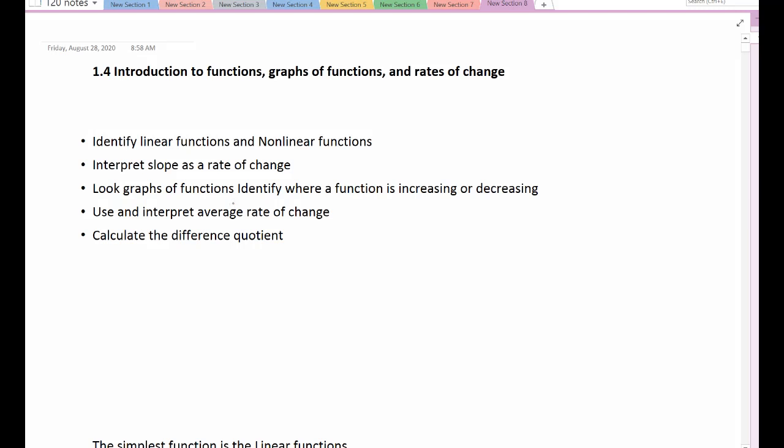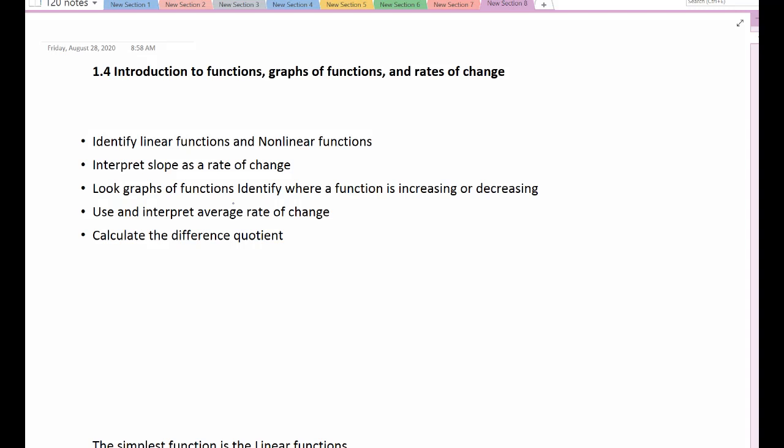The last section in chapter 1 is 1.4, and it's a big section. There's a lot in this. It could have really been broken into probably a couple of sections. So this is a big one. There's a lot of videos under this one. Alright, so again, after this, we'll have a test, so make sure you look over these and get ready